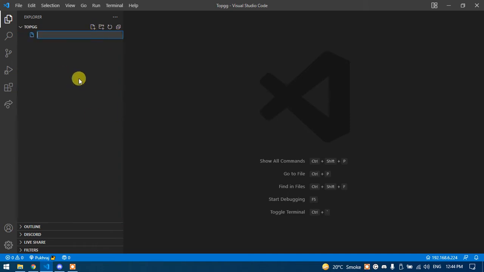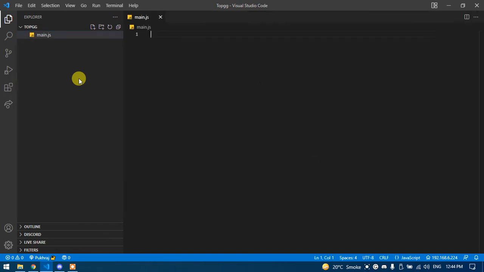So first of all, I'm going to make an index now. I'm going to make main.js, and first of all we have to make a local server so that we can test our incoming response from the API. So first of all, what we need to do is